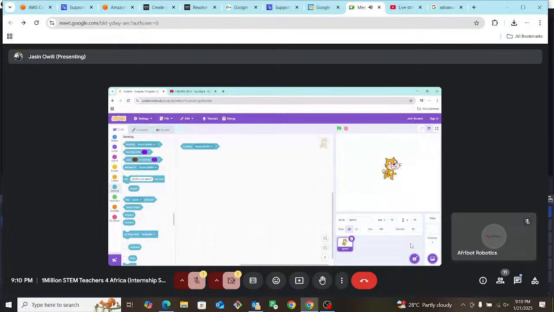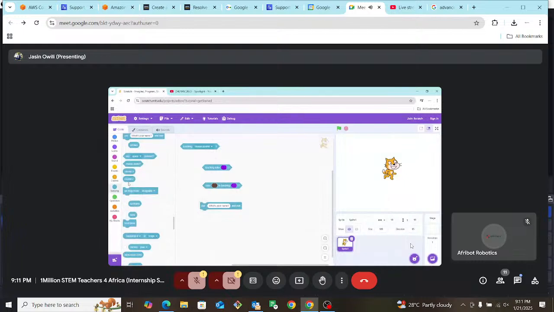So you may decide to say when touching mouse pointer, then something else to happen, or you may decide to use color coding. So touching this, then this should happen. You may decide to use, if this color is touching this color, then another activity to happen. This again happens when we are able to sense different objects on this platform.